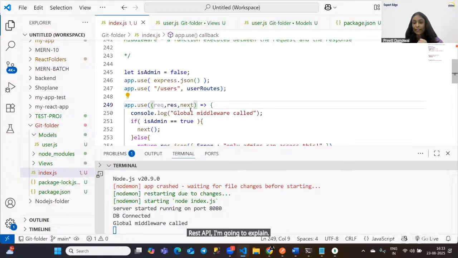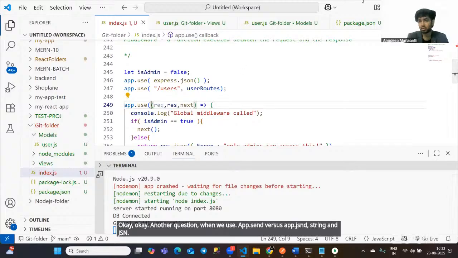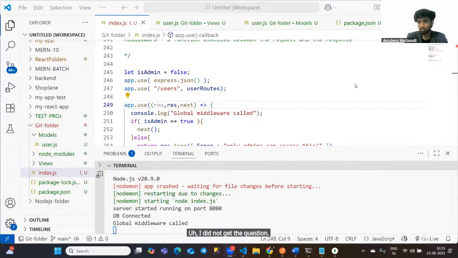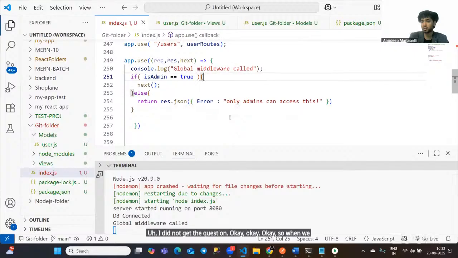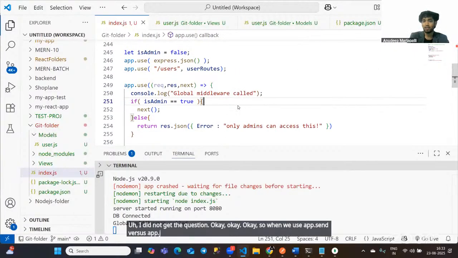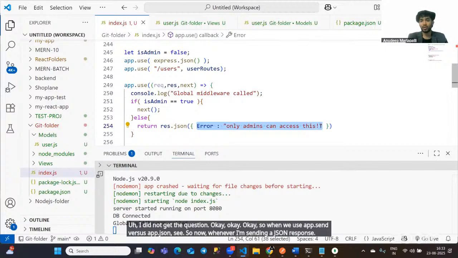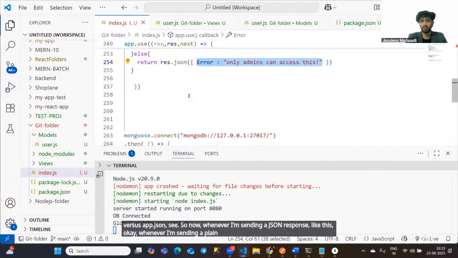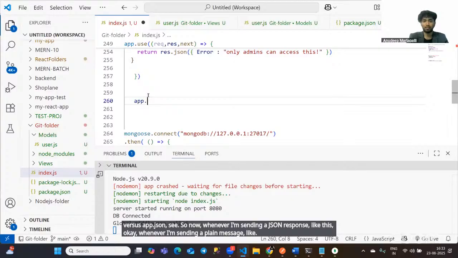Okay. Another question. When we use app.send versus app.json, string and JSON. I did not get the question. Okay. So when we use res.send versus res.json, see, whenever I'm sending a plain message, like whenever I was sending a plain message like this,